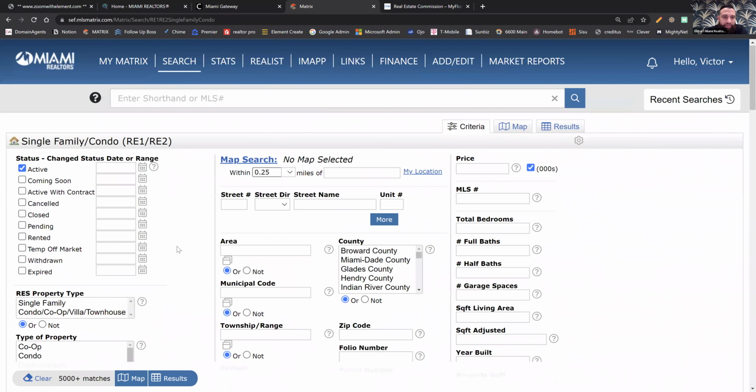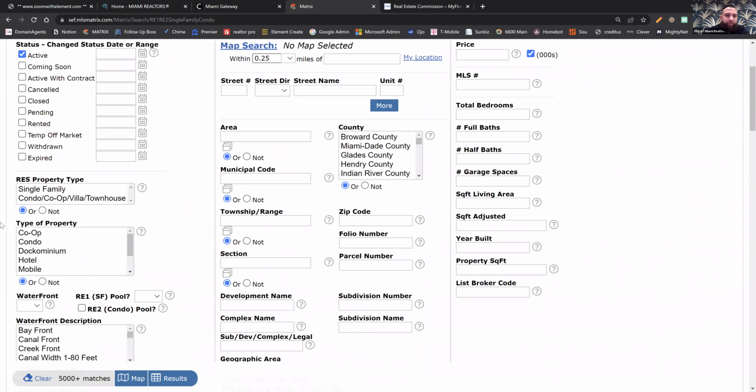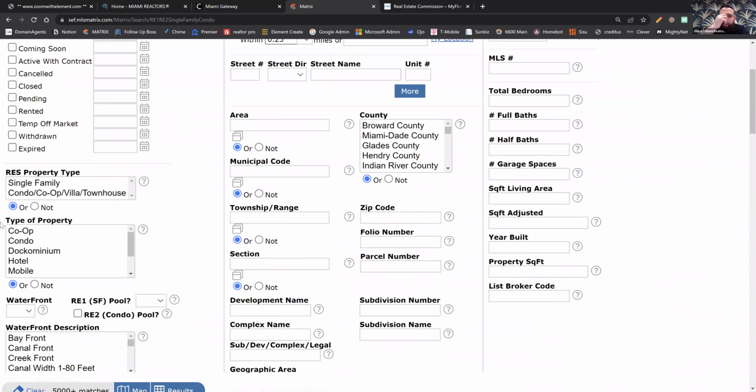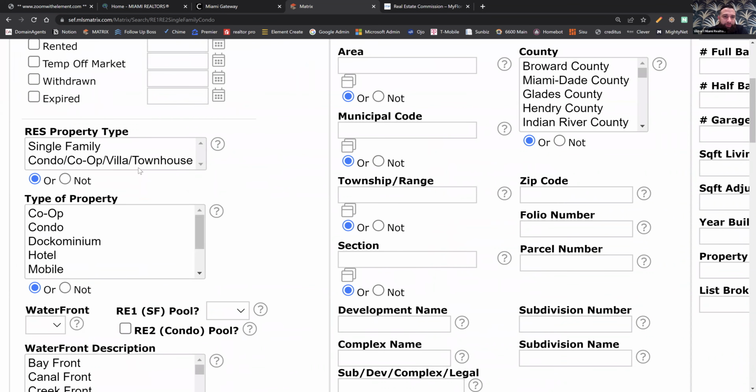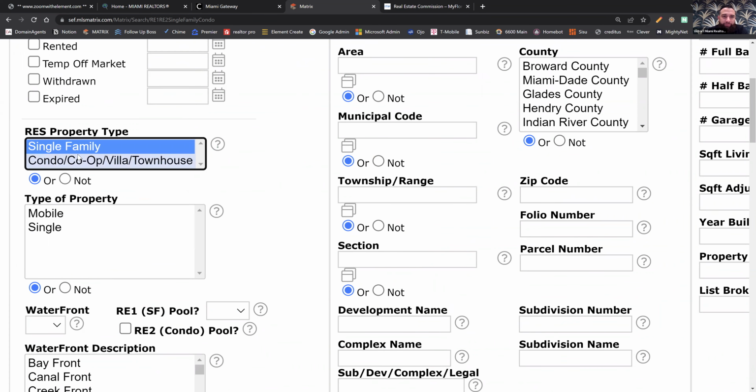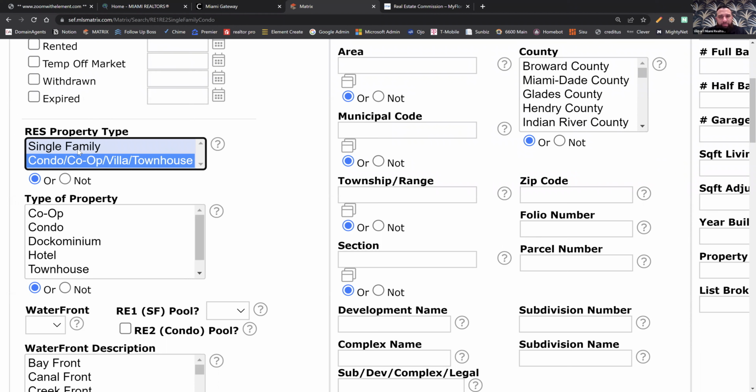So definitely make sure that's active. Over here, you're gonna have what type of property you're looking for. So if you're looking for just single family, you click on single family. Let's say your client says, "Hey, I'm okay with single family or a townhouse." You would click both. You can hold control, or if you're on a MacBook, I think it's command, and you